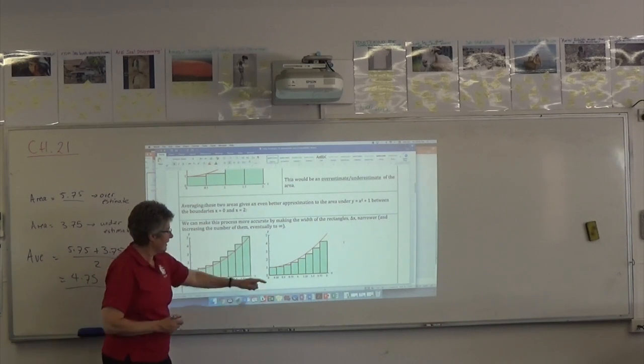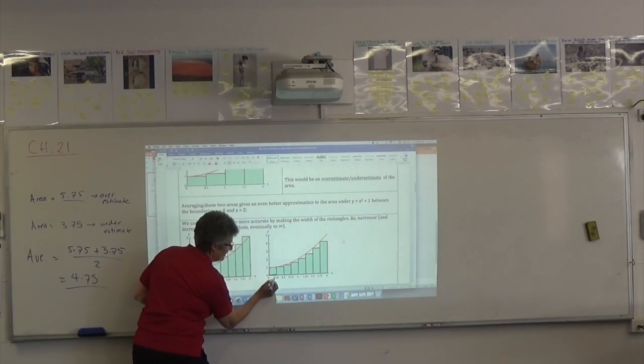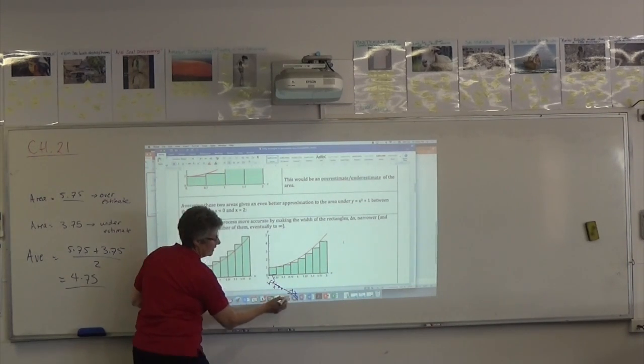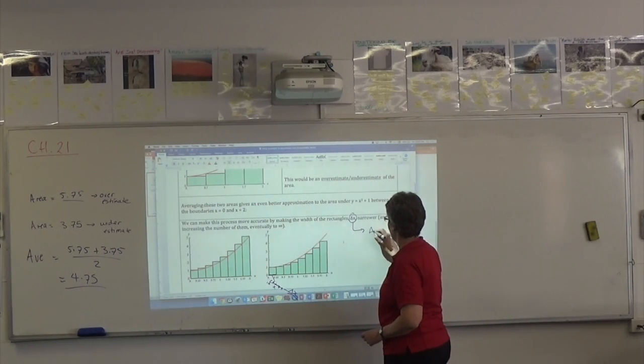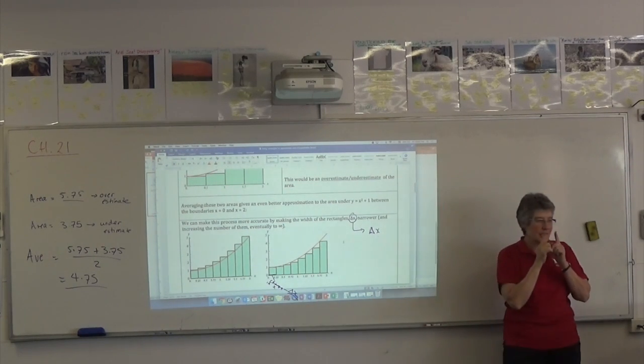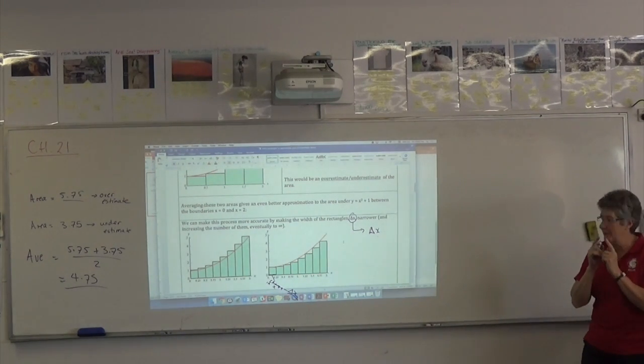Now let's have a think about this. If I make these ones smaller, what we call that, it's a change in x, okay? Or we call it delta x. So this thing here is our delta x. So if we make this delta x smaller and smaller and smaller,